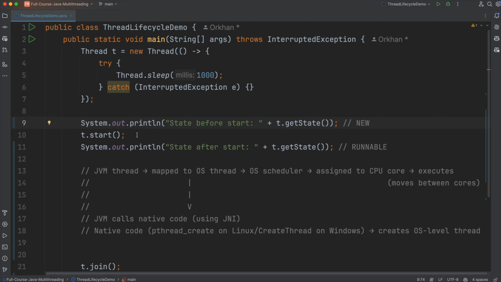So at the next step, we are starting a thread, right? Again, if we start a thread, it doesn't mean that it immediately starts to run. What happens is that the JVM delegates the responsibility of running the thread to the operating system. How exactly does that happen? In this case, we are creating a JVM thread at this point, and the JVM maps that to an operating system thread. The JVM calls native code using JNI, and for example, native code for Linux is pthread. For Windows, it's CreateThread, and the operating system creates the operating-system-level thread,